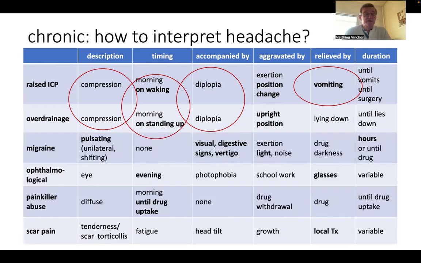And also these patients can have many causes of headaches. They can have migraine, like any one of us. They can have ophthalmological headache because of diplopia or something else. Painkiller abuse is very frequent, and scar pain can also occur in these patients when they are growing and the valve pulls on their